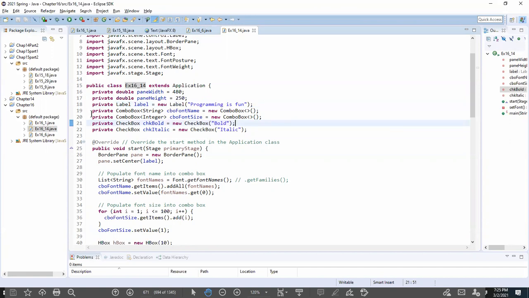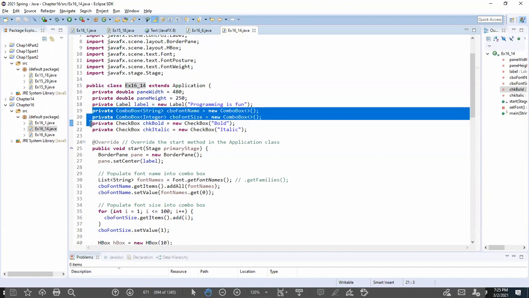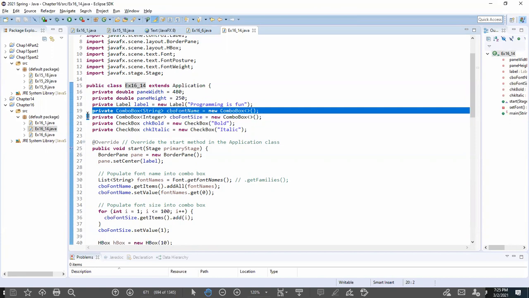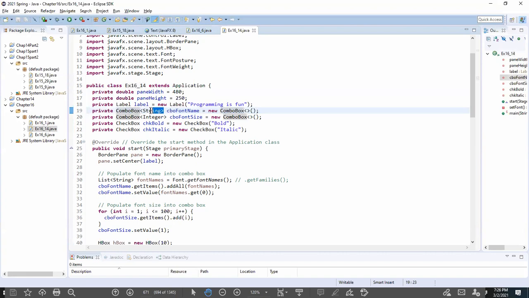Then we're adding the combo box, and I want you to notice we're adding two different combo boxes. So the first one is a combo box that asks for a list of strings, and that's what this syntax means. So whenever you see the syntax in Java, a list is really similar to an array, but it operates a little bit differently. So a lot of the same type of syntax, and the main way it operates differently is the fact that we're predetermining the data type of the list here. And you'll notice we have one for string and one for integer to correlate with